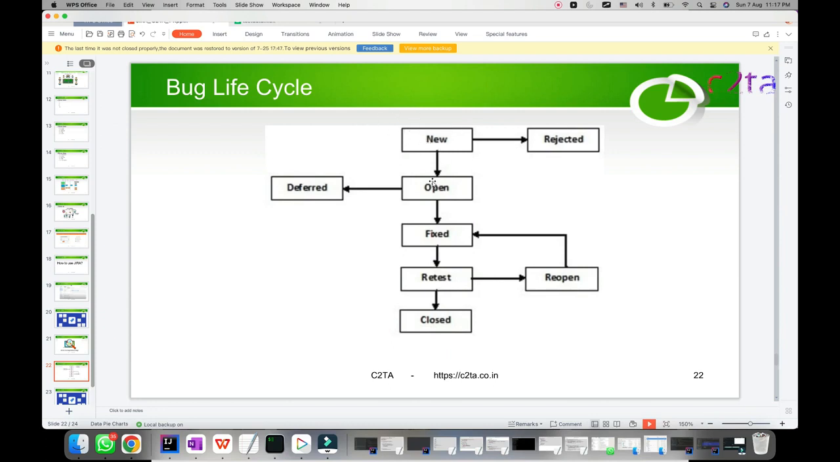Either we can create all these statuses, and then once we create a bug, first it will go to new and then open, fix it, retest, closed, or reopen. Either we can follow this structure as well, but some of the companies don't want to follow all these statuses. Instead, by default, when we open the bug, it will remain open,